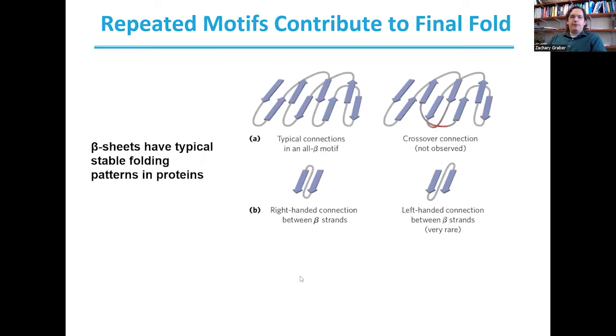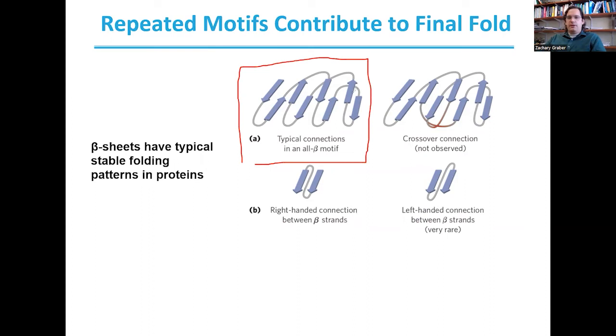So here are some examples of what those repeated motifs might look like. Of course, for beta sheets, there are many different ways that you can put your beta sheets together. So you have a variety of different kinds of beta sheet motifs that you might see. Here's one typical combination up here in the top left. This is the typical way you might connect your beta strands together as you're making a beta sheet